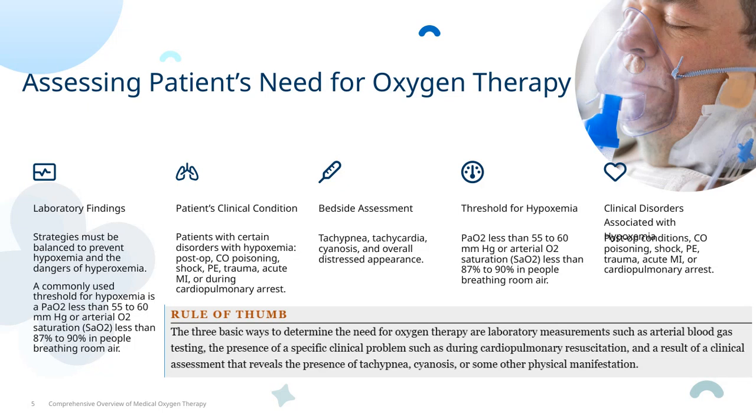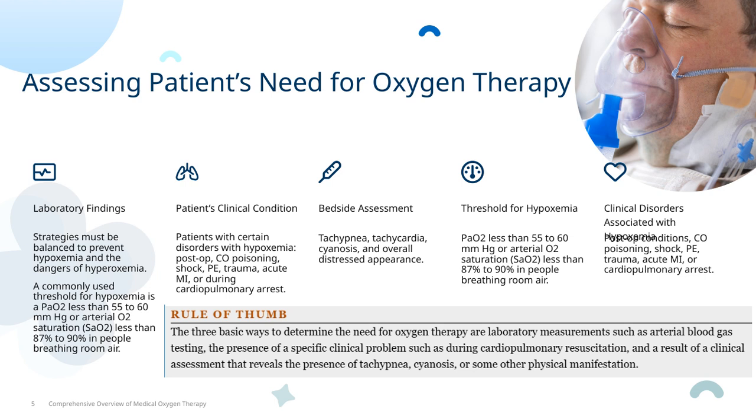Now, let's talk about assessing a patient's need for oxygen therapy. Certain conditions like postoperative states, carbon monoxide poisoning, shock, pulmonary embolism, trauma, acute myocardial infarction, or even cardiopulmonary arrest often necessitate careful evaluation of oxygen requirements. When we look at clinical disorders associated with hypoxemia, we're typically concerned when the arterial oxygen tension, or PaO2, drops below 55 to 60 mmHg, or when arterial oxygen saturation, SaO2, falls under 87 to 90%, especially in patients breathing